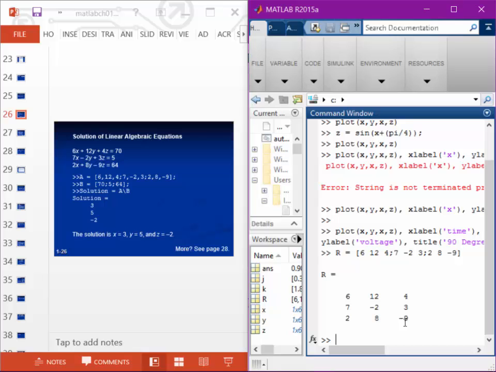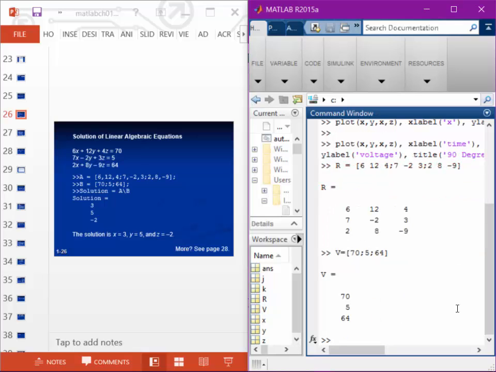So there's our matrix: 6, 12, 4, 7, minus 2, 3, 2, 8, negative 9. And that's correct, right? Then we put in the next one, and I call that B, equal to bracket, 70, semicolon, 5, semicolon, 64. It's like this. Or you could say V is equal to,